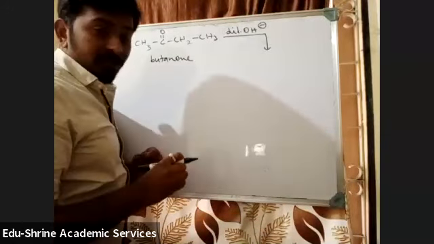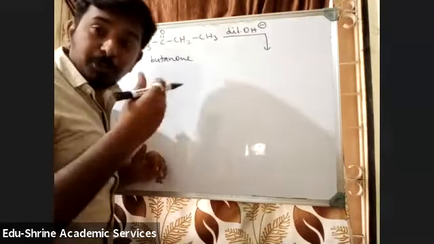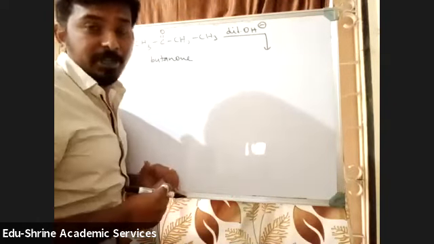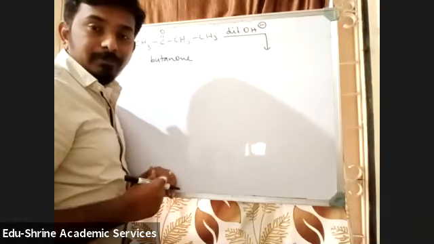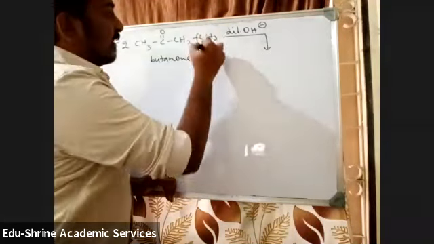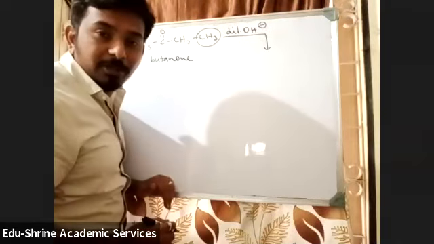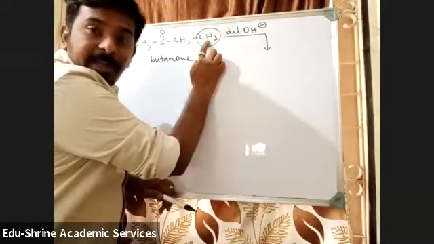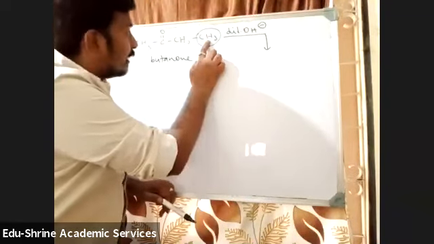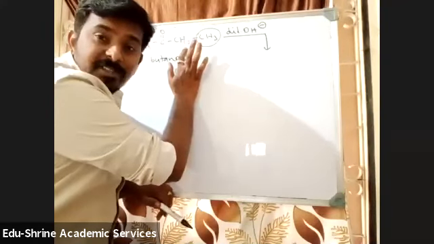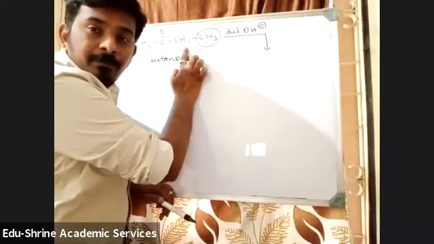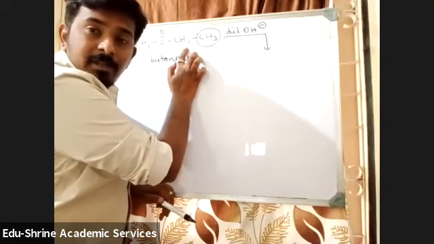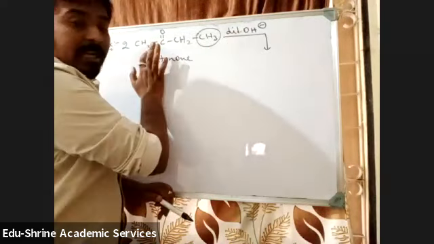Very happy, right? Because for acidic strength to be more, there must be an electron withdrawing group or electron donating group, students. What is this methyl group? Electron donating or electron withdrawing? Electron donating. So as this is electron donating, this will decrease the acidic strength of these hydrogens. Correct or wrong? As this is electron donating, this will decrease the acidic strength of this hydrogen. So that's why the base will be readily taking these hydrogens.